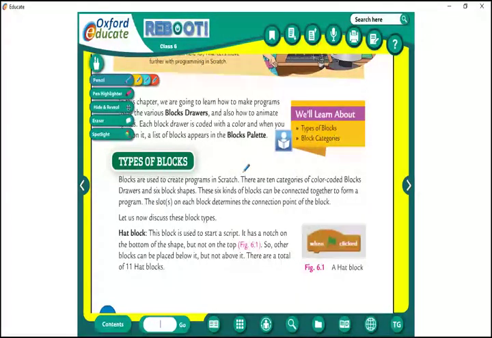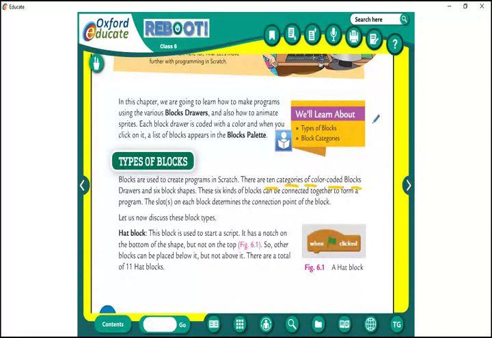There are 10 categories of color coded blocks, and blocks drawers, and six block shapes. So how many categories of blocks are there? 10, each having a separate color code.